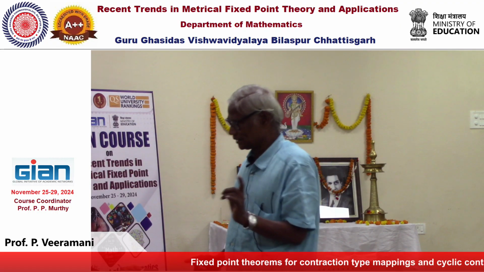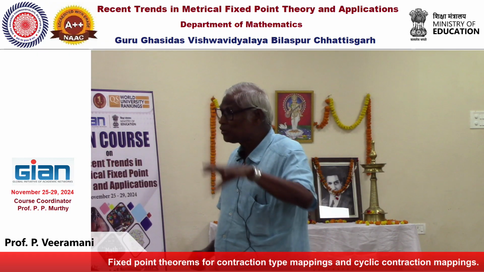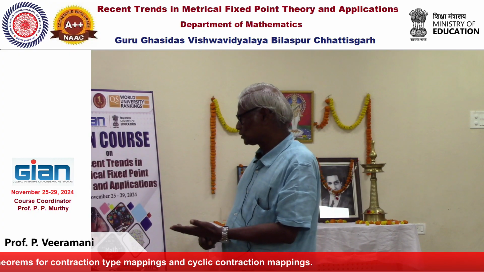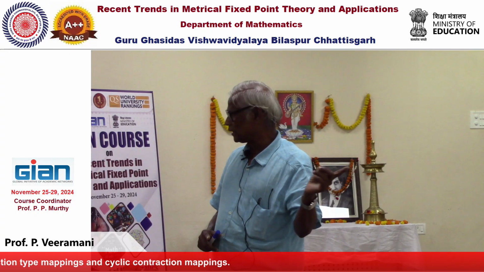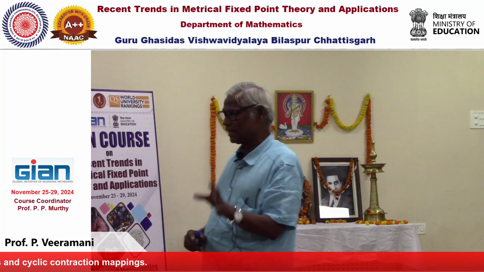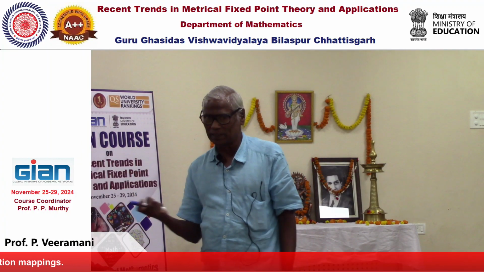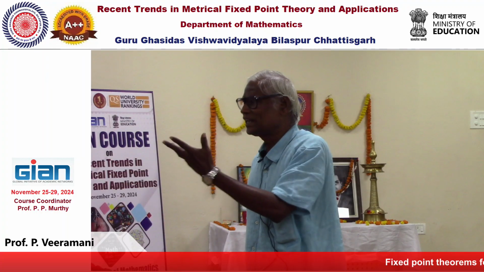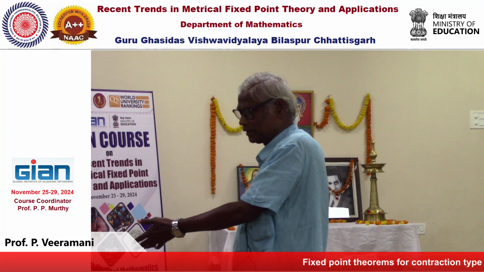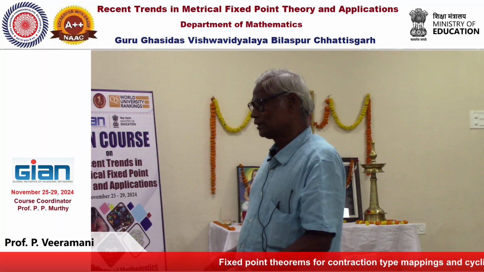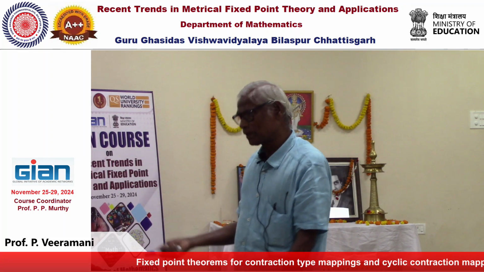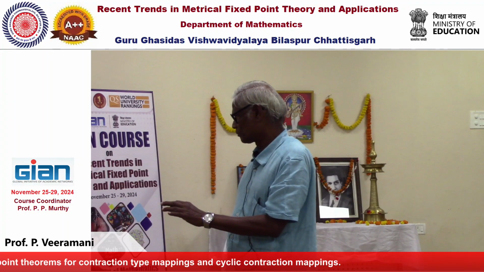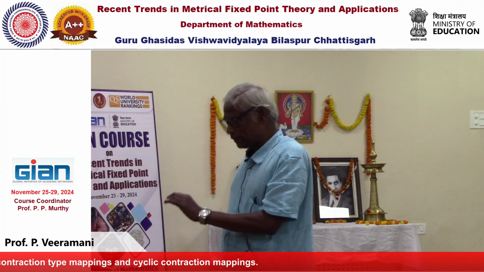Suppose you write this condition for every x, y in A union B. Then what is A union B? A closed subset of a complete metric space, or A closed, B closed, means the finite union A union B is a closed set. So in place of X, say our metric space Y equals A union B. A subset of a metric space is also a metric space. A closed subset of a complete metric space is complete. So A union B is complete. Correct? A union B is a complete metric space.